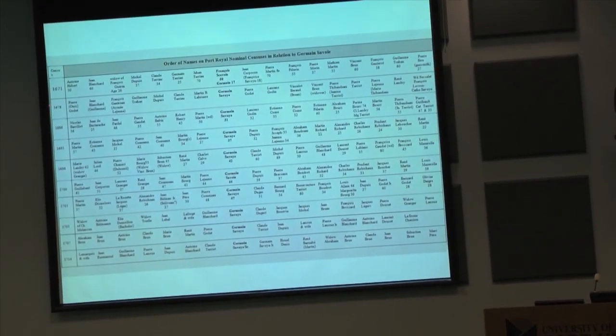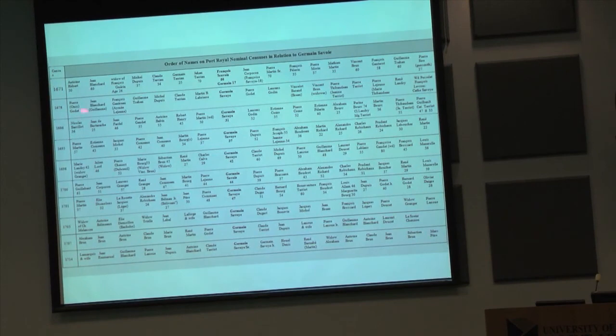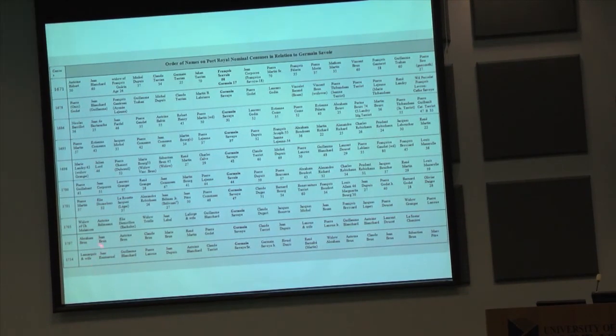See, that's one of the proofs, the first one. I took all the censuses of Acadia, the nominal censuses, the ones with names. I put the Savoie in the middle, and I looked at who the neighbors were. They follow it. The census taker walked up the river, down the river, but sometimes he played dirty tricks. He went across the river back and forth. So he took his canoe, went across, came back. So some are not reliable